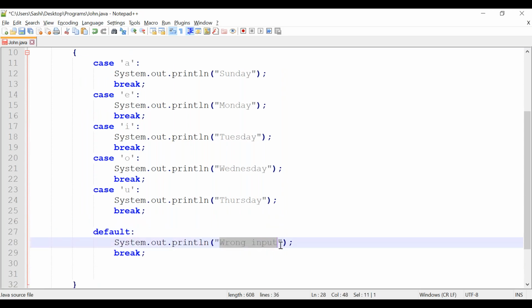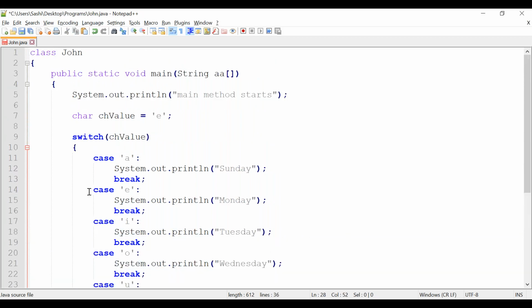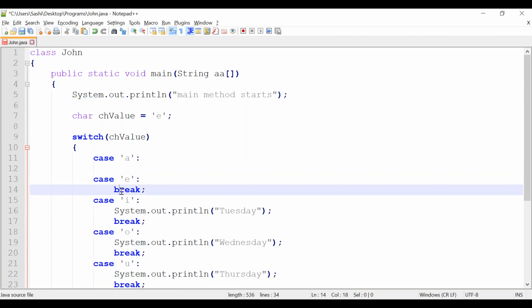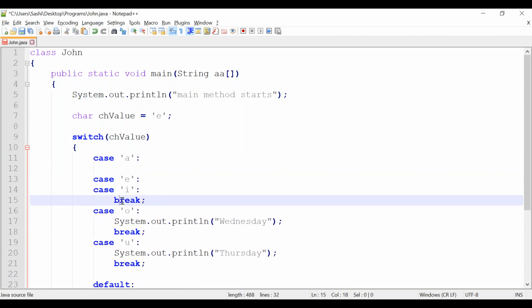Getting my point? Again, it is simple. I don't need to keep these things, because my point is, if any one of them is there, then I need to print whether it's a vowel or not. That's all.